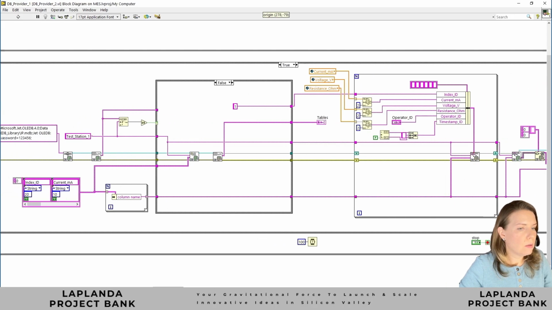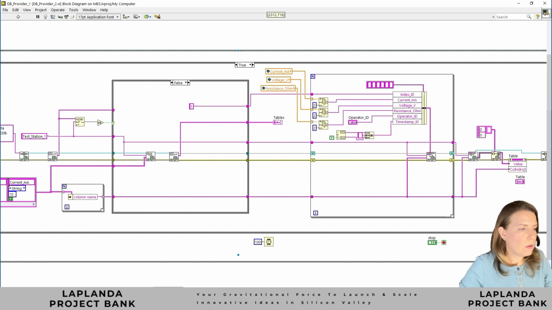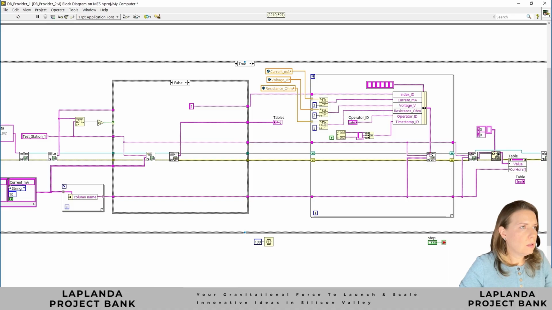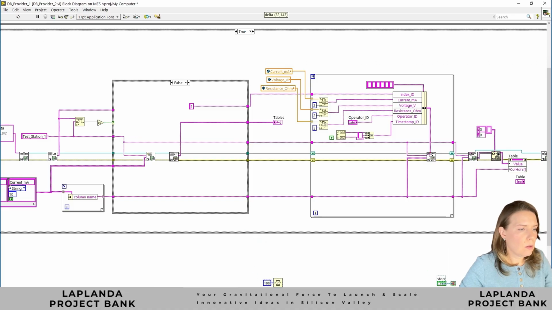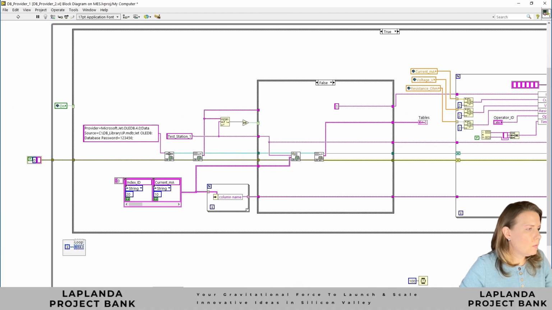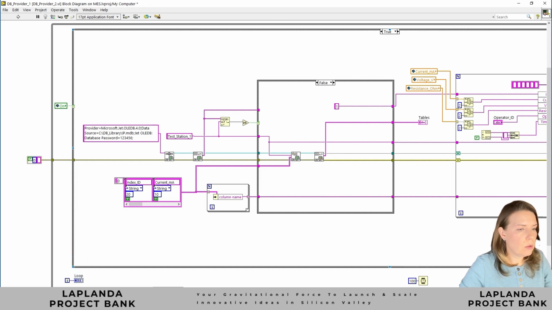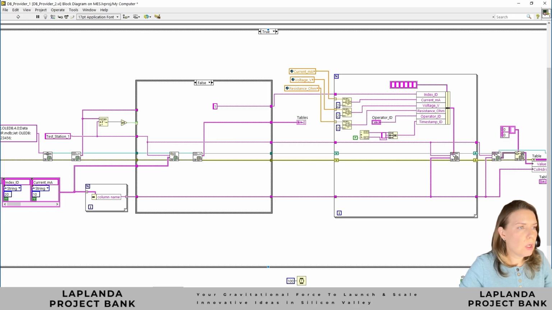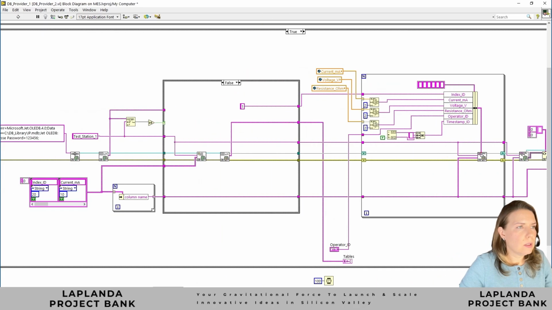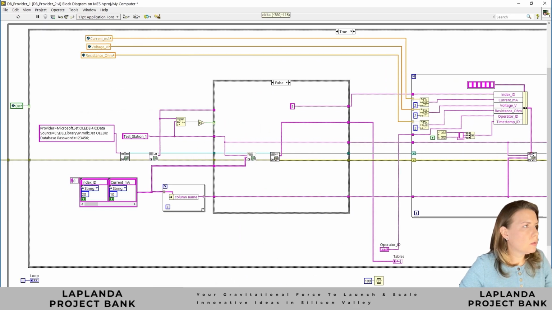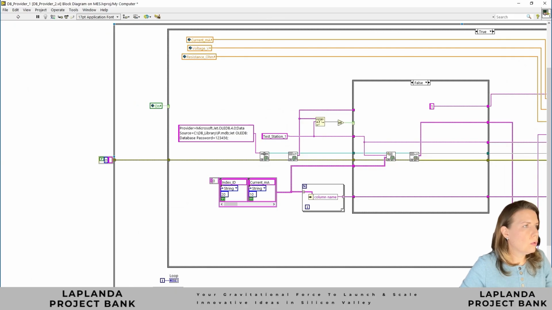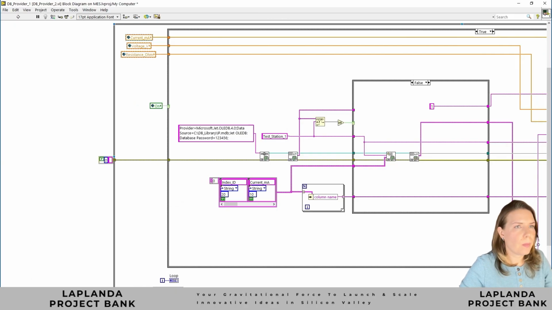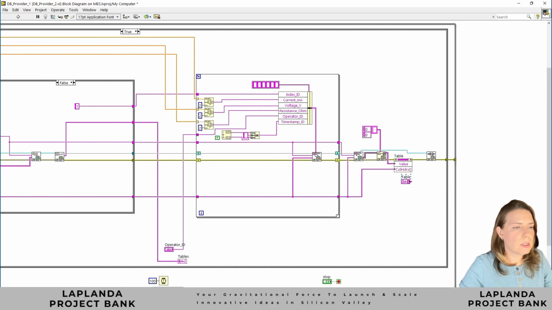We'll start by expanding our while loop and case structure. Let's stretch the while loop and move all the Boolean controls around a bit. Now we need to find the indicators and move them lower into the case structure, since they won't go inside the SubVI. The tables indicator won't be part of the SubVI, the operator indicator won't go either, and neither will the global variables. We'll move them outside the case structure instead. Basically, we'll clean the house, pulling out everything that doesn't belong inside our SubVI to keep it lightweight and